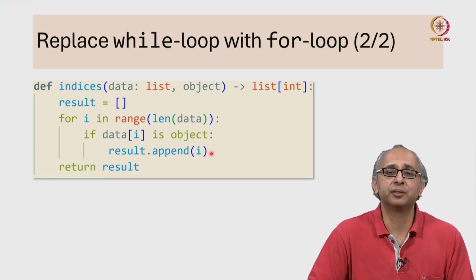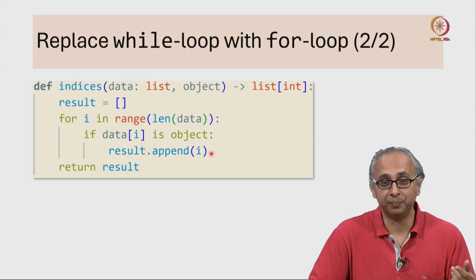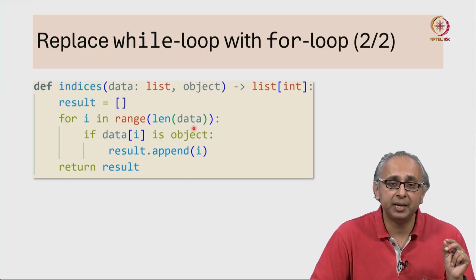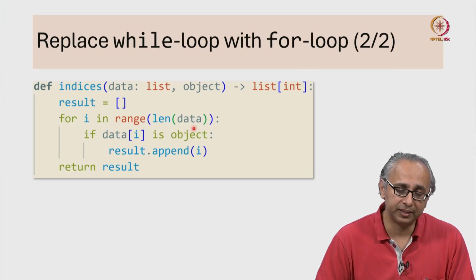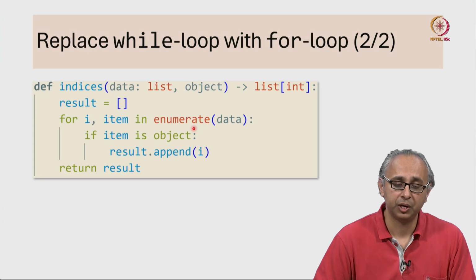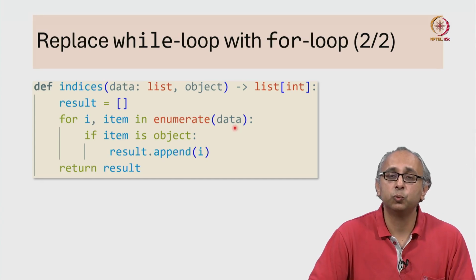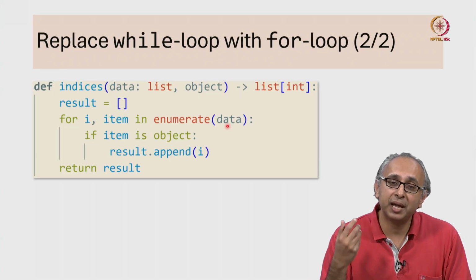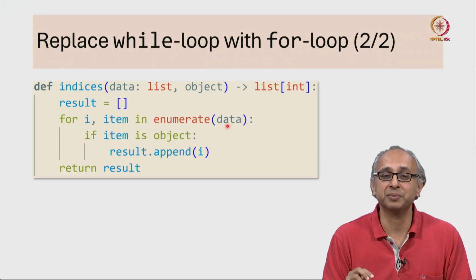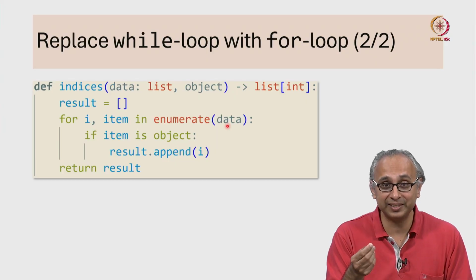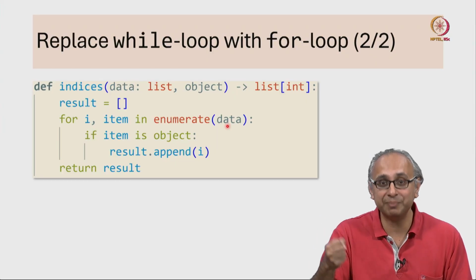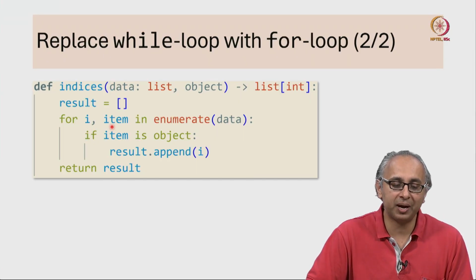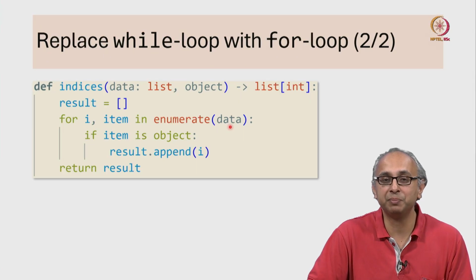Now, you can actually make this code even simpler. Many people write code like this, but you can make it slightly more efficient by writing it this way. So for any sequence, we can call the enumerate function on that sequence, and this will actually produce pairs of items. The first item in that pair is the index, and then the second is the actual item at that index.